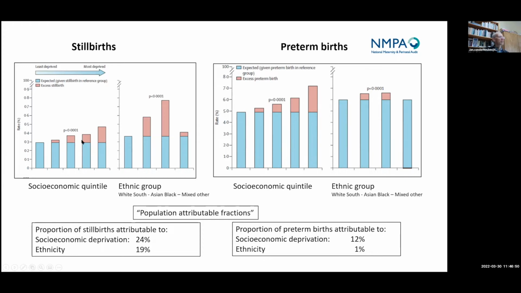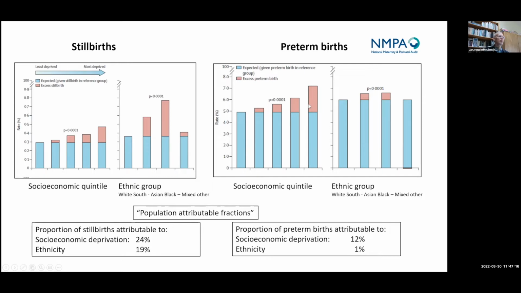And the pink segments are basically the excess rates in those groups. And if you look at the ethnic groups in the stillbirth graph, you see if women are from non-white South Asian, Black or mixed background, you see that stillbirth rates are higher, especially in the Black women. And if you look at preterm births, you see something similar,